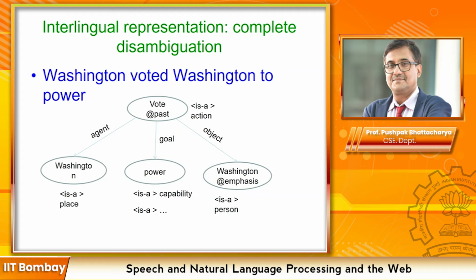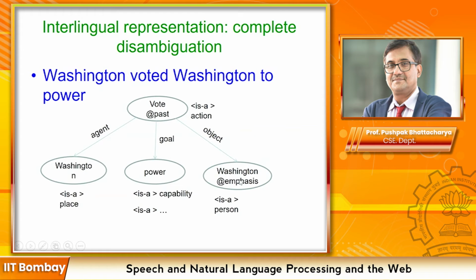Now, interlingual representation actually requires complete disambiguation. If I have a sentence like Washington voted Washington to power, so vote is the main verb. The at past indicates past tense verb. This is an action, so vote is not a noun, it is a verb here. So I have the tag here is an action. The object of voting is Washington, and